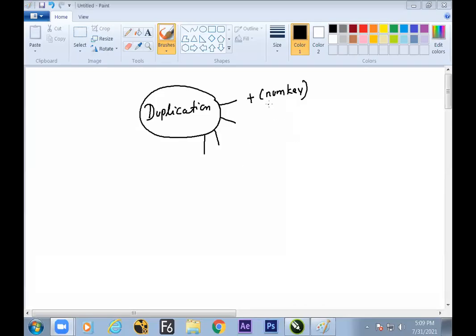Now we have understood that the num key plus button can allow us to make an object duplicate at the same place. The second method, Ctrl C and Ctrl V, copy paste. Now the third method, drag and right click. It's a method to make a duplicate, right?